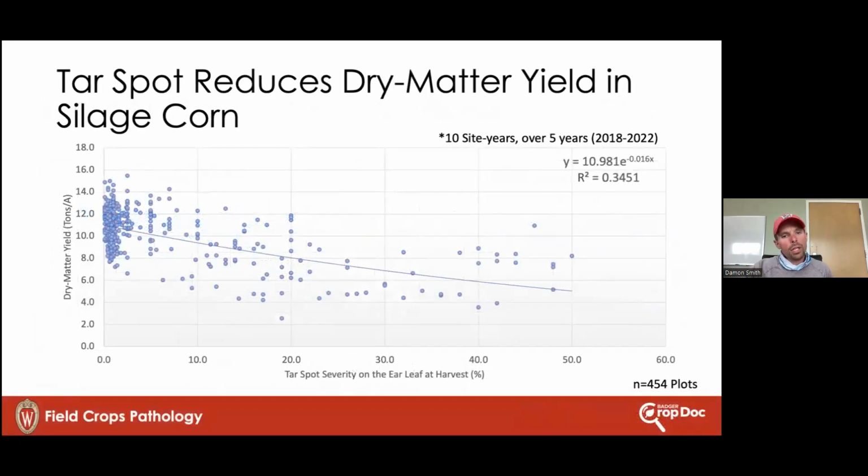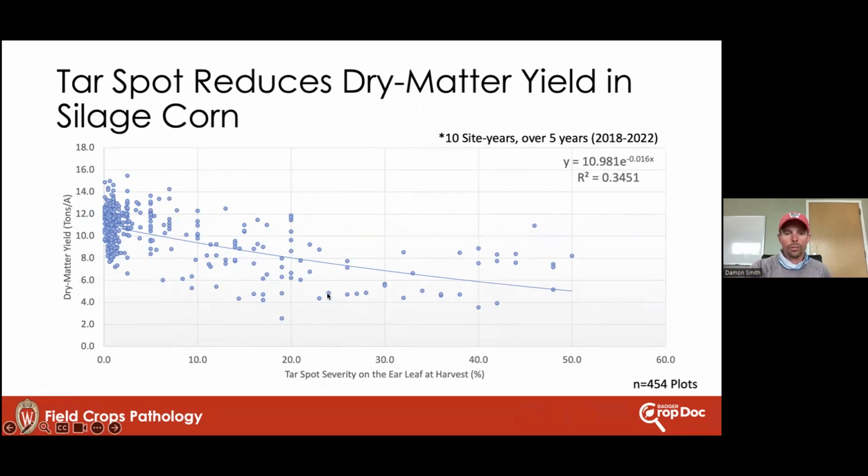In silage, we've looked at the impacts as well. I dug in a bit this winter, and I have 10 site years of data on silage hybrids now over a 5-year period at Arlington, looking at dry matter yield. And you can see there is a significant impact in terms of the increase in tar spot severity on the ear leaves and the drop in dry matter yield.